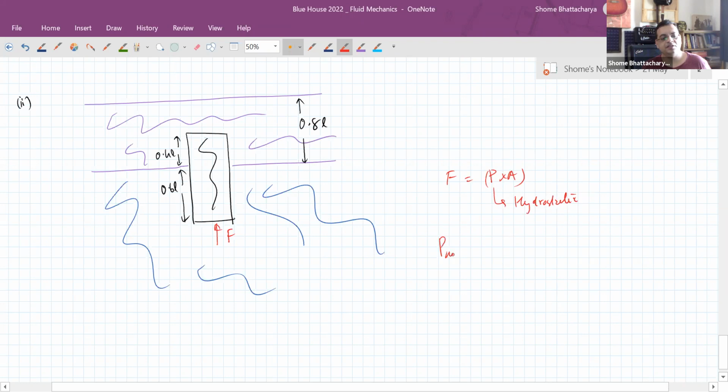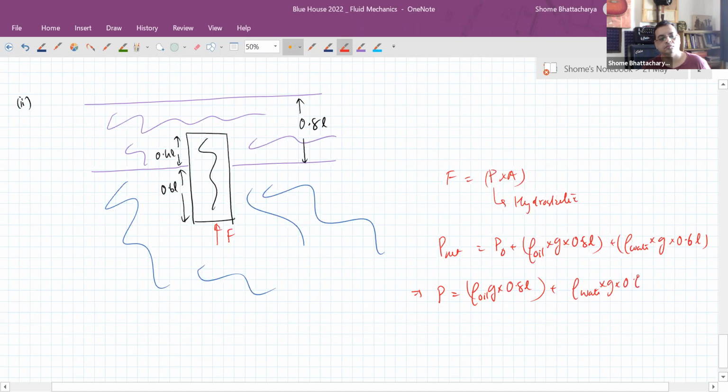Okay. So the net pressure at that point is atmospheric pressure plus density of oil into G into 0.8 L plus density of water into G into 0.6 L. So hydrostatic pressure at that point is this. So you can see that F is equal to